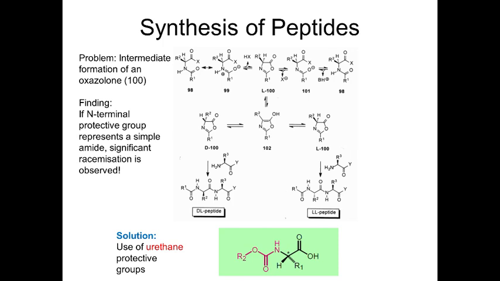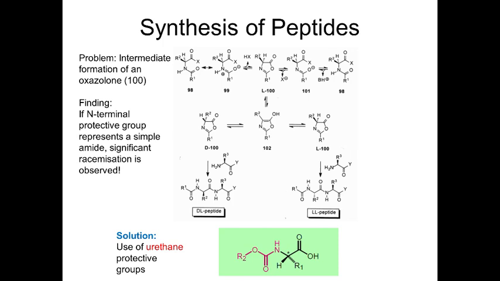And once this tautomer is formed, there are again two possibilities for reprotonation of the C-alpha, and that leads to the D isomer and to the L isomer, meaning that we form a racemate, and meaning that we form the wrong stereoisomer that gets then incorporated in our peptide sequence, and this leads to functional loss